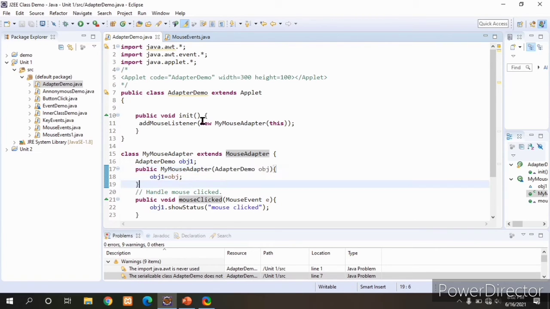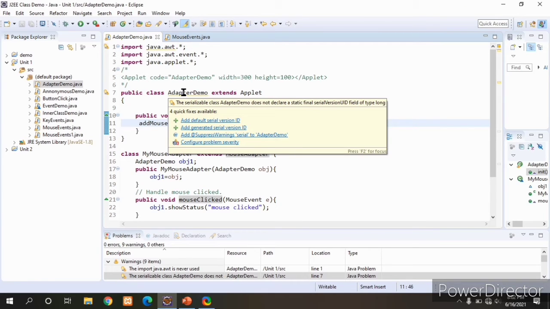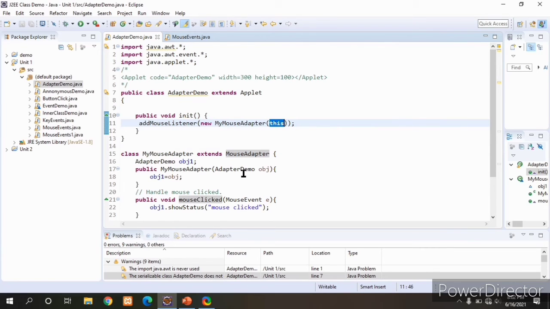Why? Because see here, we are creating an object with this reference. What does this refer to? This is the adapter demo class reference, the current reference of this. So we are passing this adapter demo object here. But this is a local variable here, and we can't access this adapter demo in this class. This is called a local variable and this is called an instance variable.